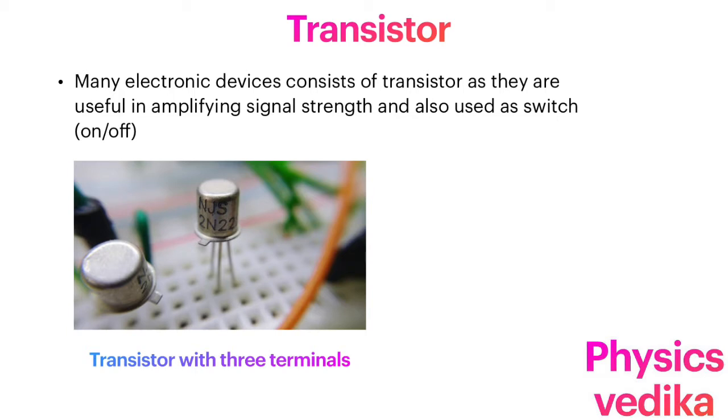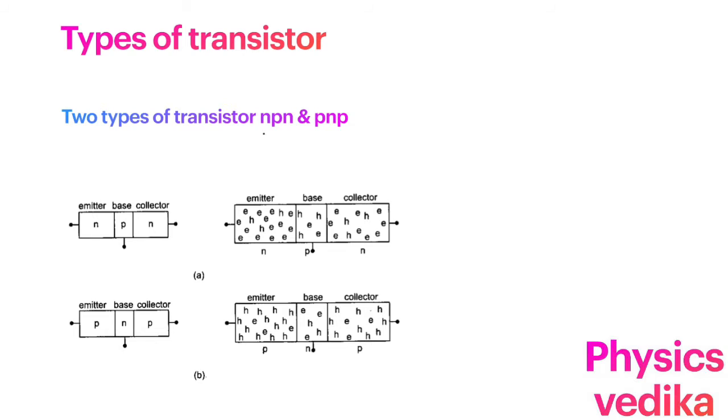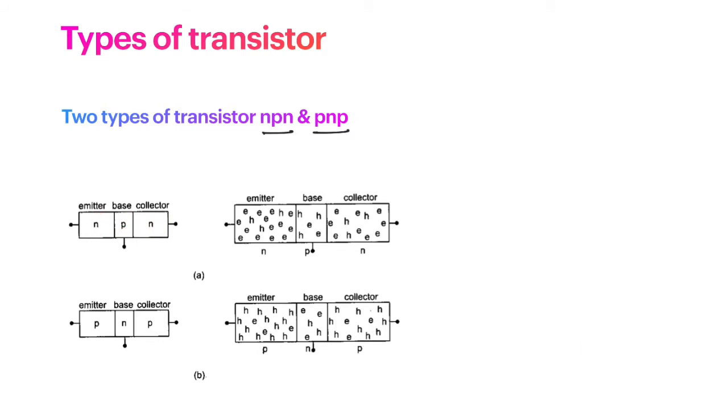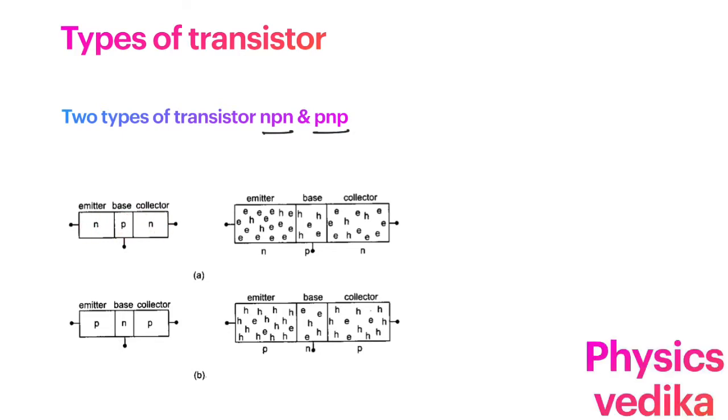Okay, basically there are two types of transistors. Let's look into them. NPN transistor as well as PNP transistor. What is NPN transistor? You are keeping a P-type material between two N-type materials. And that is how you will get an NPN transistor. Or we can say that by sandwiching a p-type material between two n-type semiconductors, we will get an NPN transistor,